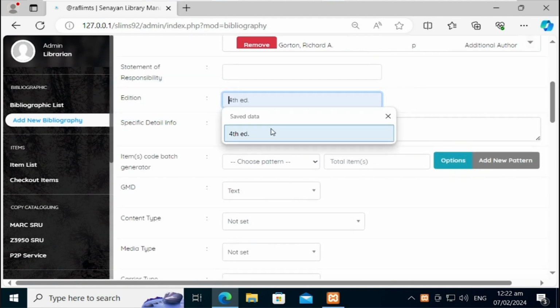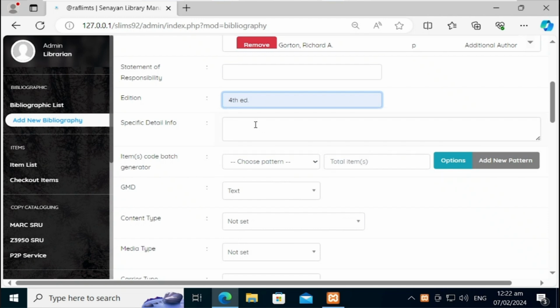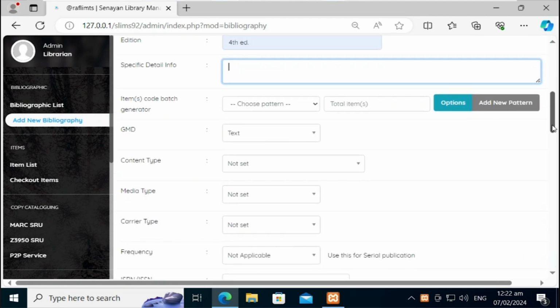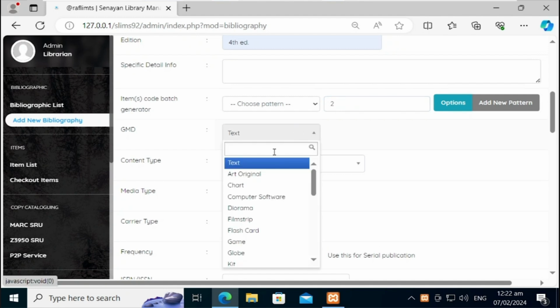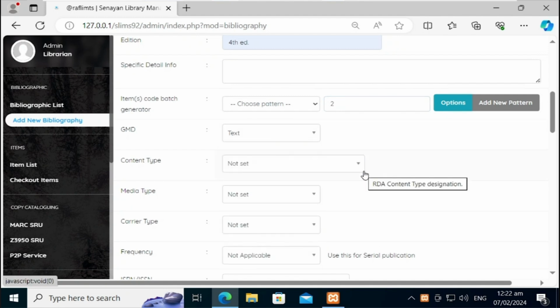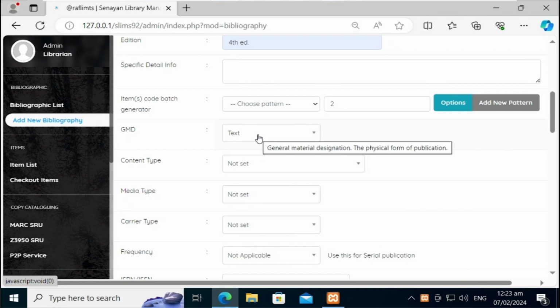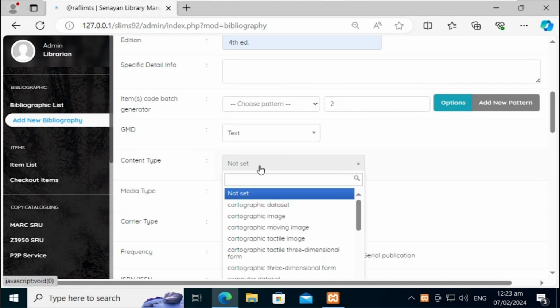Addition, if there's any addition available. Specific detail information, if you would like to write any information. Total item, I would say 1, or we can say 2 item available. GMD is some sort of item type, so we can say GMD is text right now, and the content type is actually related to RDA. So if you are cataloging RDA,